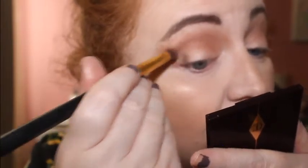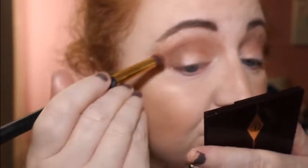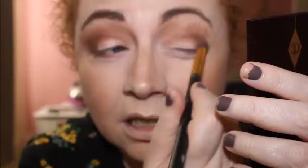Just a tiny amount in the crease. Maybe like doing it partially through the crease. So it's just the outer corner and a little bit in the crease. And same on the other eye. Don't want to go too mad with it. Maybe just blend that out a little bit. Feel like there's nothing really to blend, but